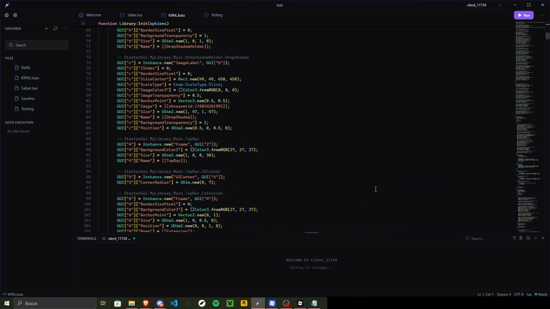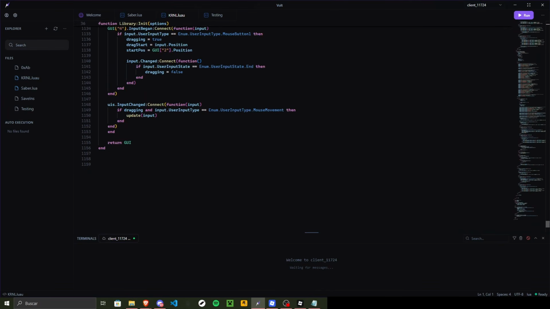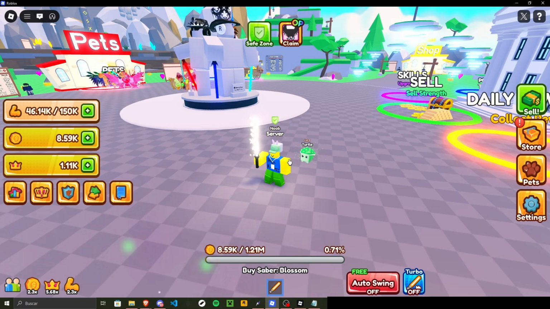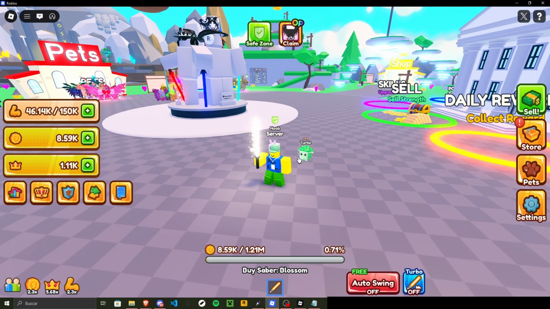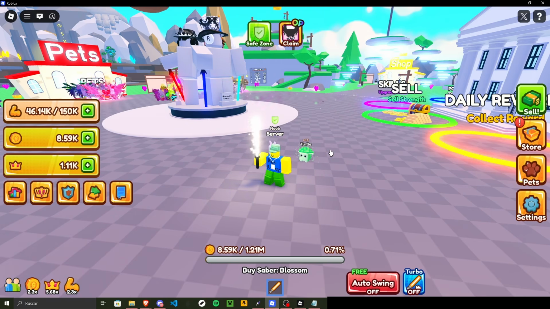Well, yeah, we need to create the GUI, but this is only a library. A library is like a collection of resources that can be loaded during your runtime. For example, if we create a GUI in this case, it is going to be holding the definitions of every window and every toggle that you want to create. So yeah,